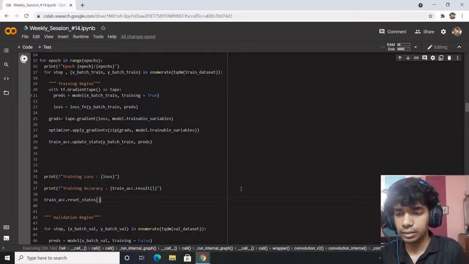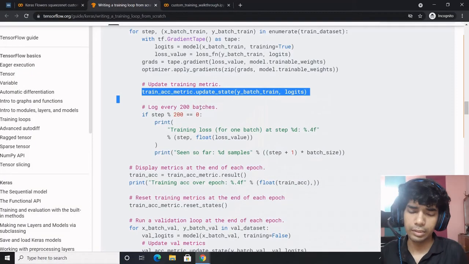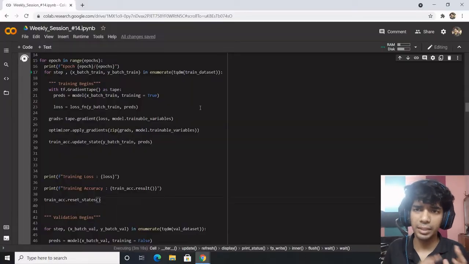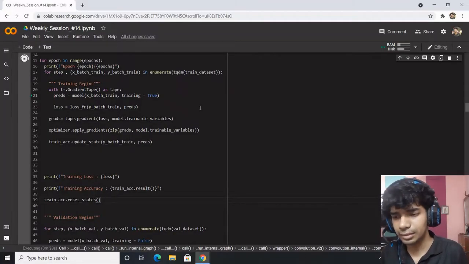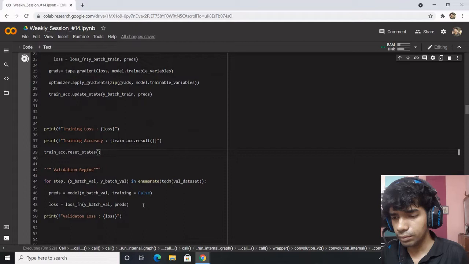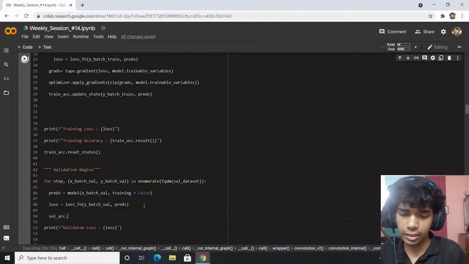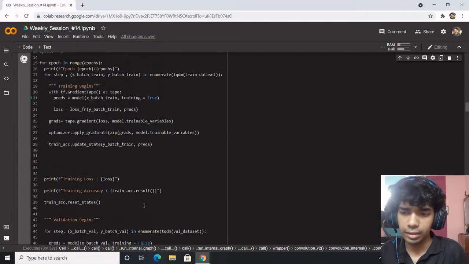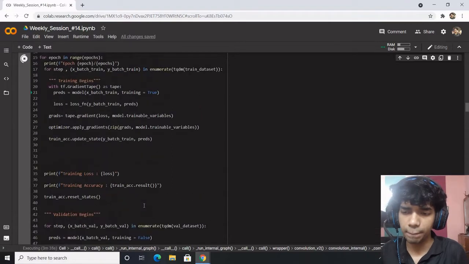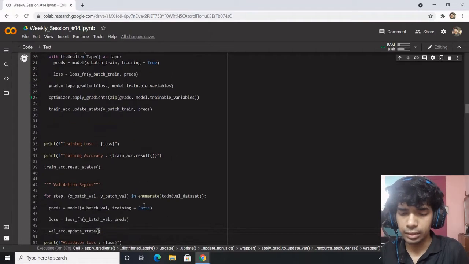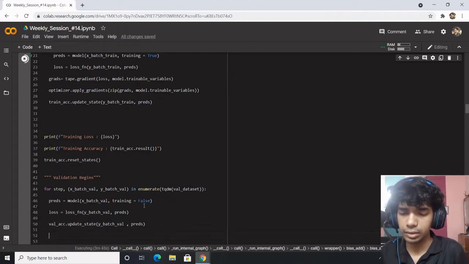these states. So your metrics have three methods. First is update_state, then get the result, then reset_states. On a similar note, we're going to do validation accuracy within each batch. Validation accuracy goes through an update_state, wherein you pass the y_batch_val and the predictions.